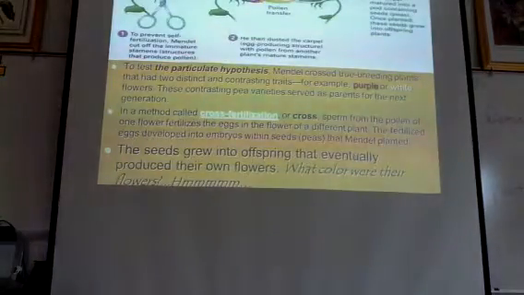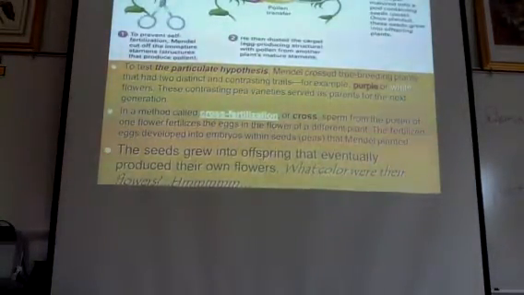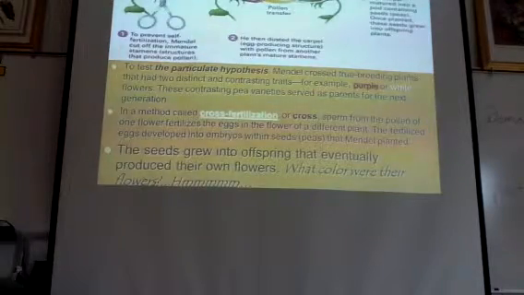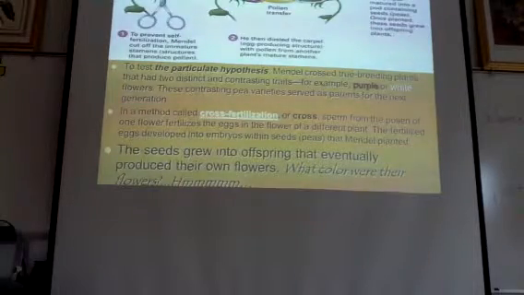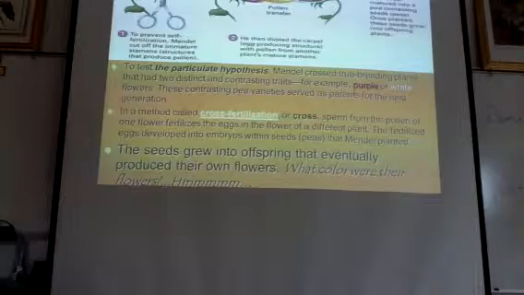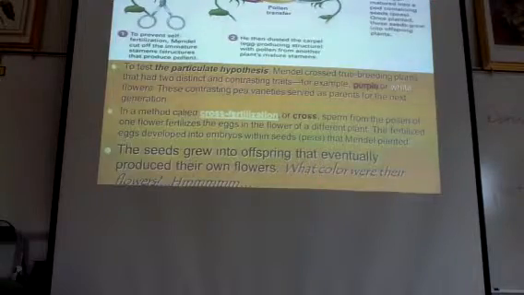I'll use purple and white. What he did was he crossed purebred purple with purebred white. Notice what he did though. What's he doing right here? He's cutting off the stamens. Why is he cutting off the stamens? So they get the male part of the flower. So why would you do that? So that it can't self-fertilize. Right. Okay? He didn't want self-fertilization. He wanted